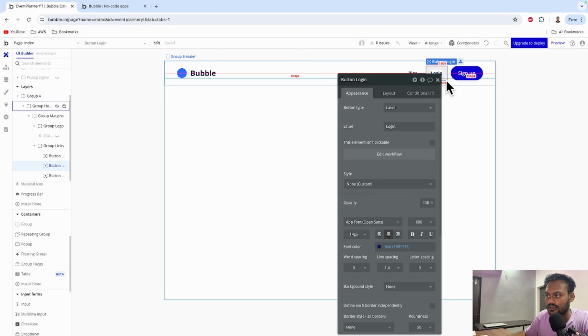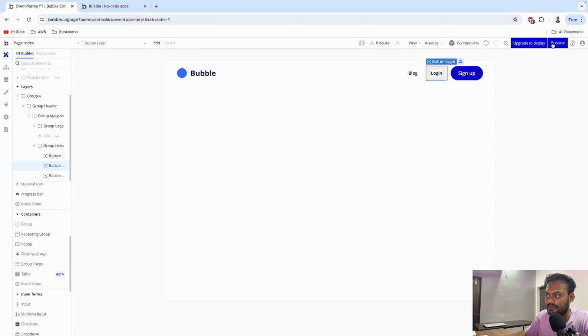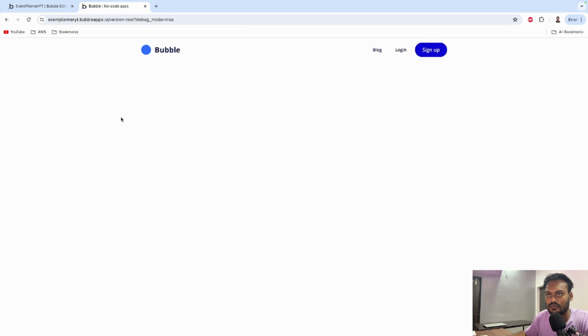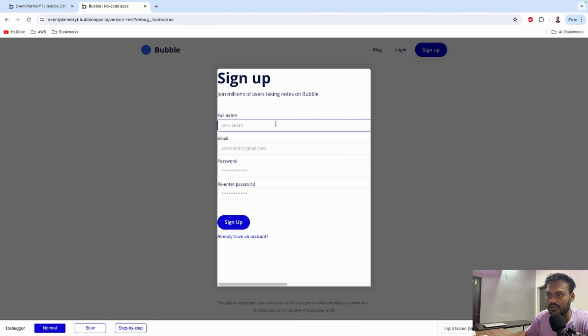Now this is done, and let's preview this app. So we click on the preview button here, and this is how our app looks currently. There's nothing else, just the login and sign up feature. So we'll check this out. We'll click on sign up. We'll add some demo name here, demo@gmail.com,